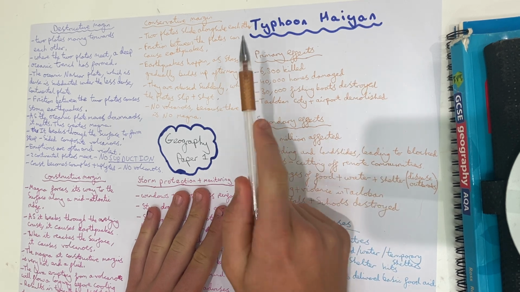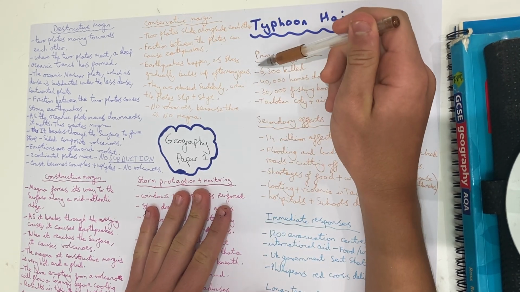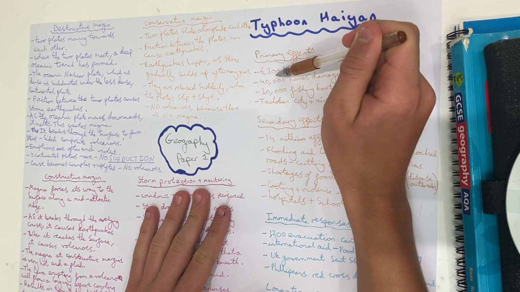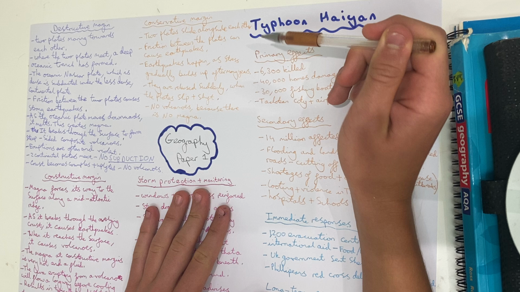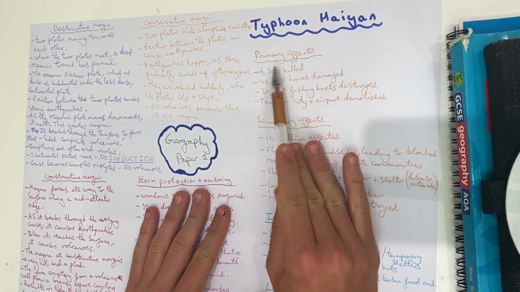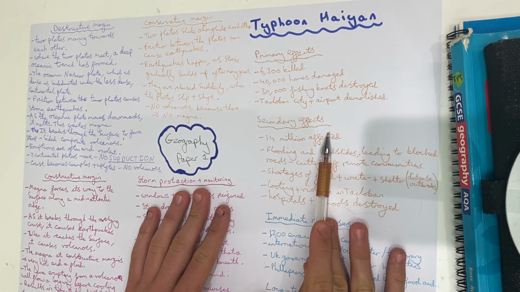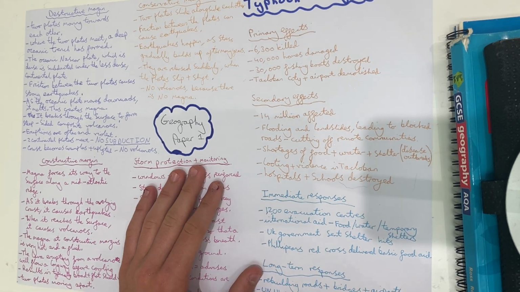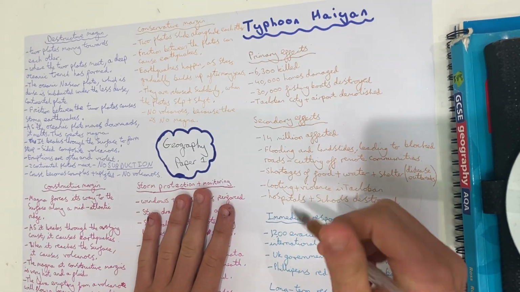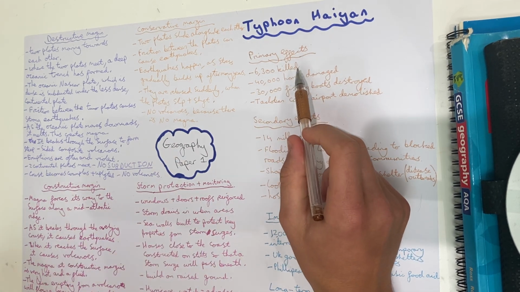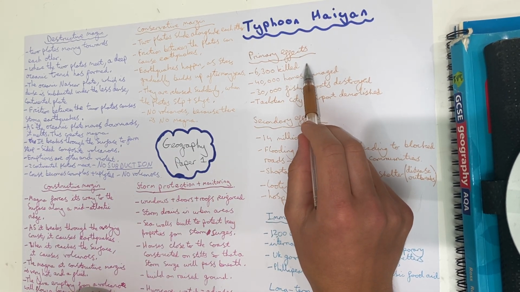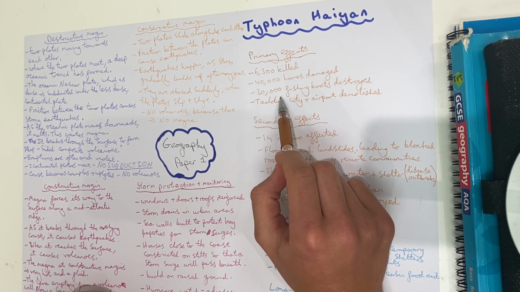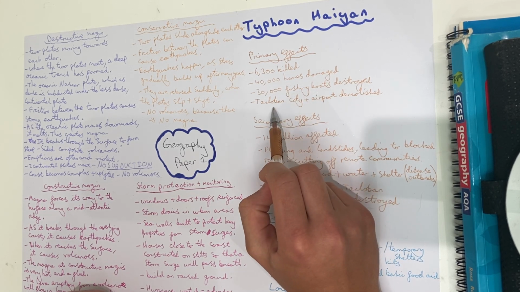I recommend for each case study you do, you have to know at least 3 to 4 statistics per part. So for example, for primary effects I put 3, for secondary effects I put 2 to 3, and I did the same for the ones down here. So that's very important. I put, there's been 6,300 killed, 40,000 homes destroyed, 30,000 fishing boats destroyed,